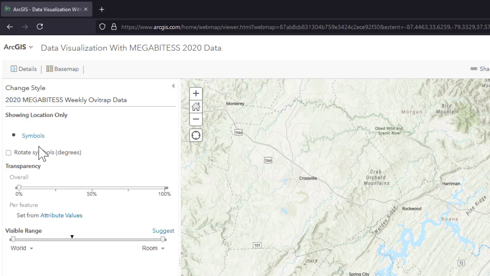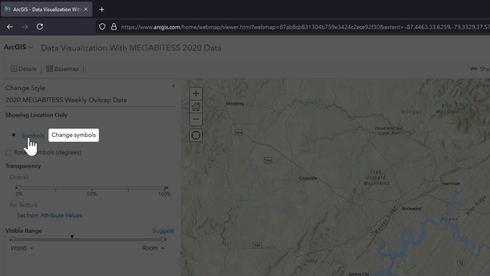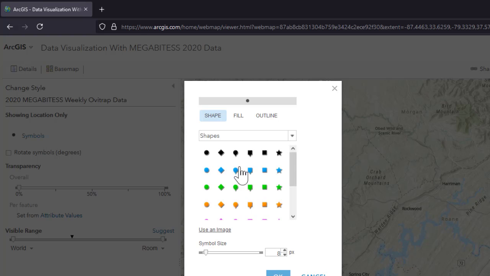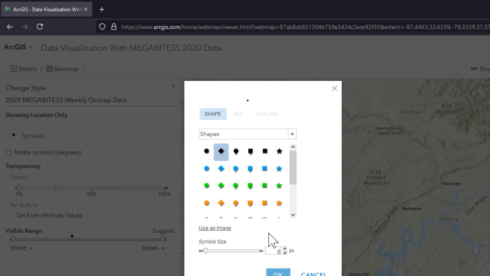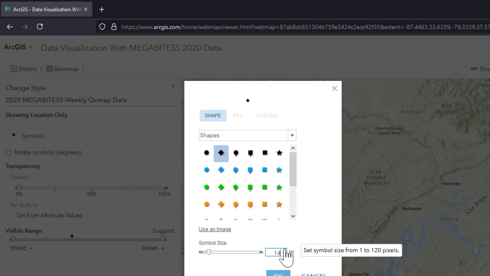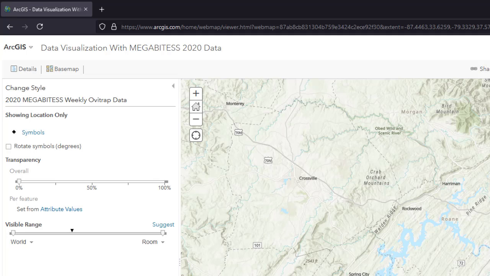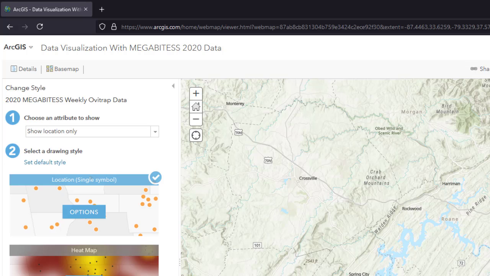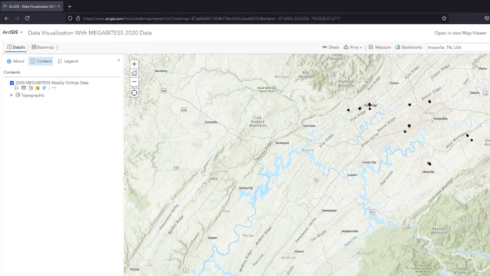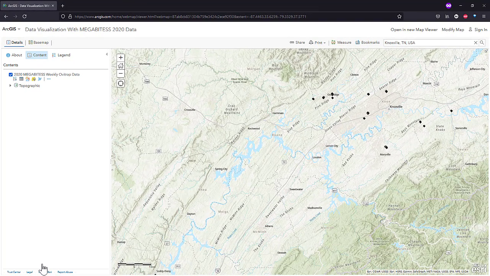So if we click on Options and then this blue Symbols, we can make those diamonds that are about 15 point in size if we want to, and click OK, and notice that changes. Do remember that you have to click the OK button in order to keep the changes, and then we can click Done. So once we've done that, now we are showing all the symbols the exact same way. So instead of doing that, let's take a look at some qualitative data columns and what we can do to